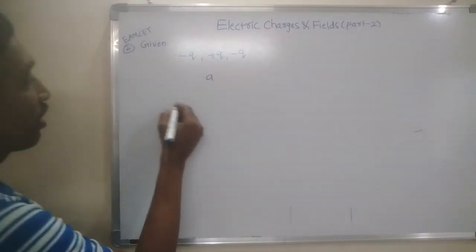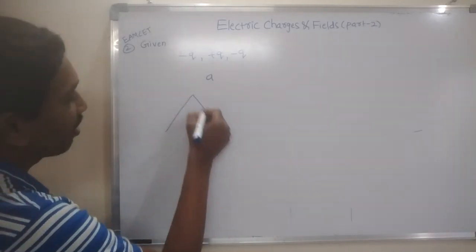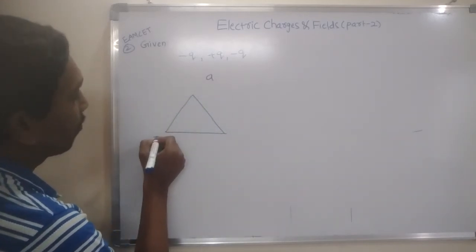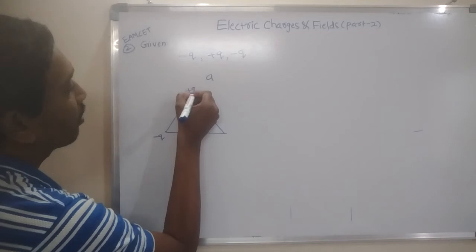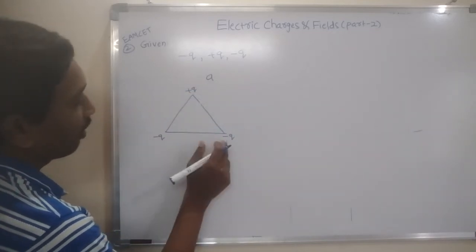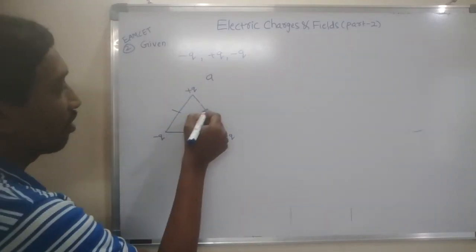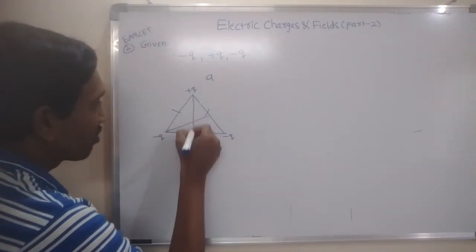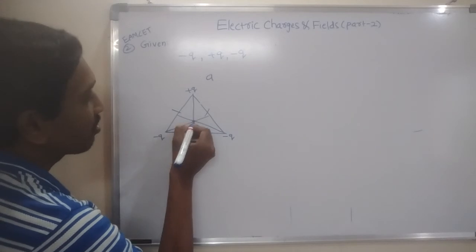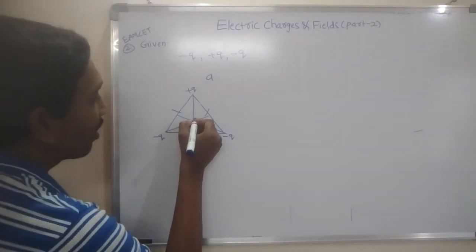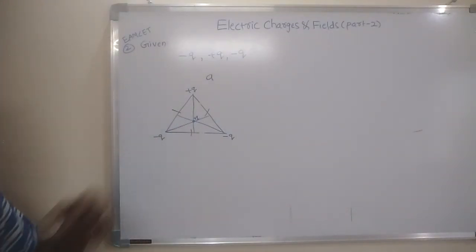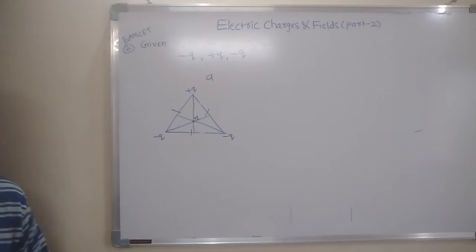Okay, now listen to me. From the diagram it is very easily understood. This is an equilateral triangle with a minus Q charge, a plus Q charge, and a minus Q charge. Two are negative charges, one is a positive charge. The centroid is the point where the normal lines intersect. Here imagine a plus Q charge. The question asks for the net force on this positive charge at the centroid of the triangle.